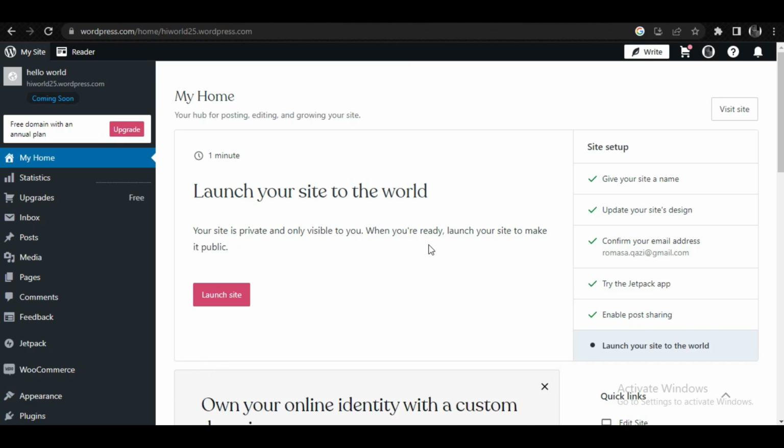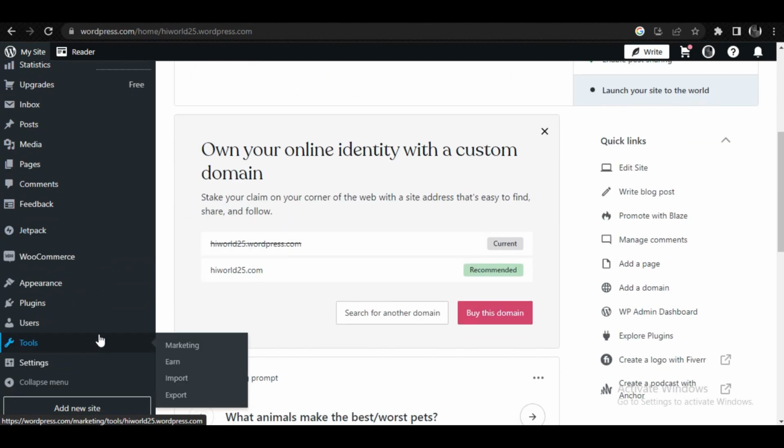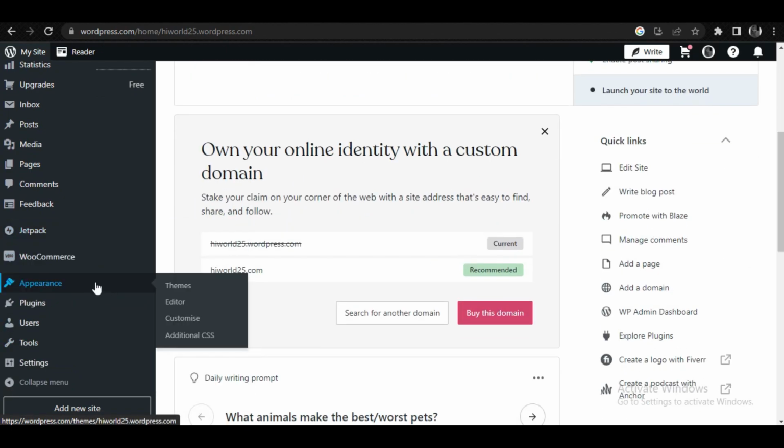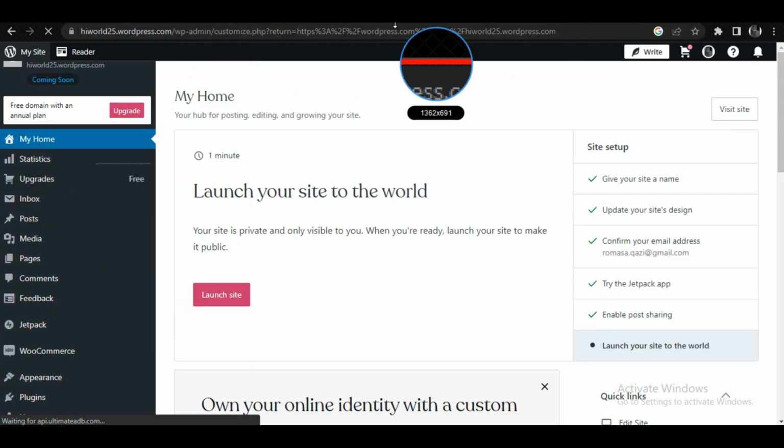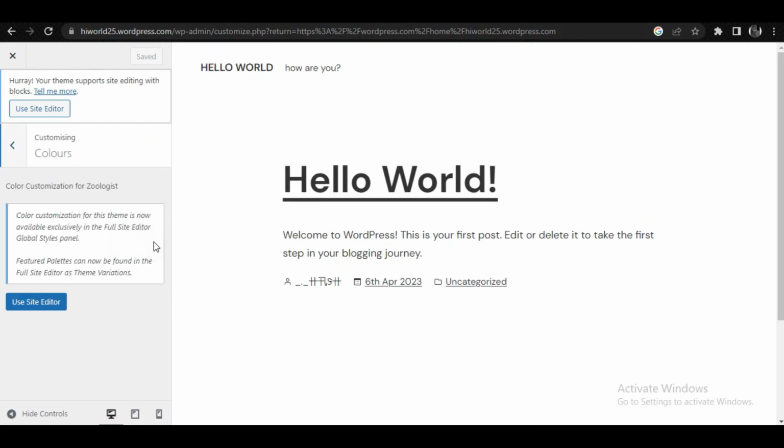Alright, so let's get started. First of all, on your profile home's left hand menu, tap on Appearance. Under Appearance, go to Customize, Colors, Use Site Editor. Tap on Use Site Editor